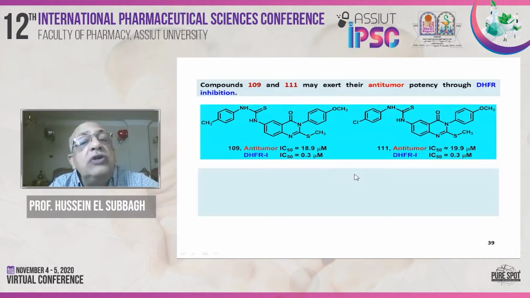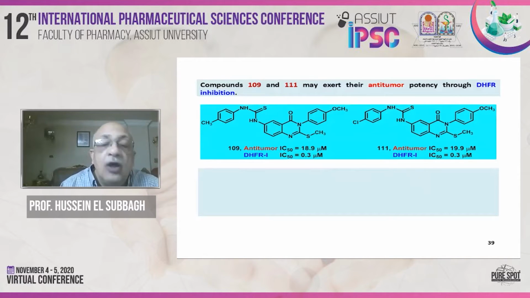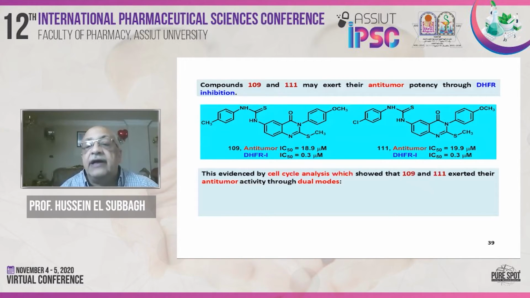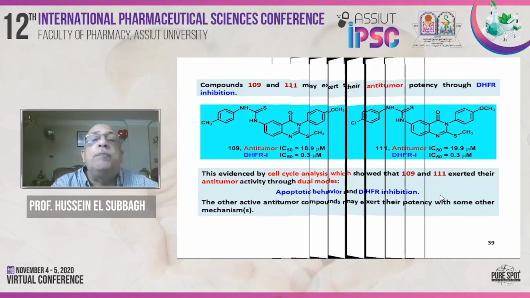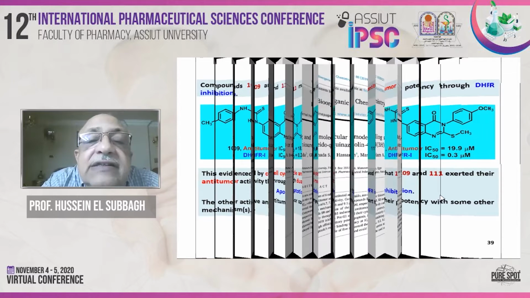So we also noticed that compounds 109 and 111 exert their anti-tumor activity through inhibition of dihydrofolate reductase. The others have some other different mechanism. Also, those 2 compounds exert this activity by dual mechanism, apoptotic behavior and DHFR inhibition. We managed to publish these results in Bioorganic Chemistry last year